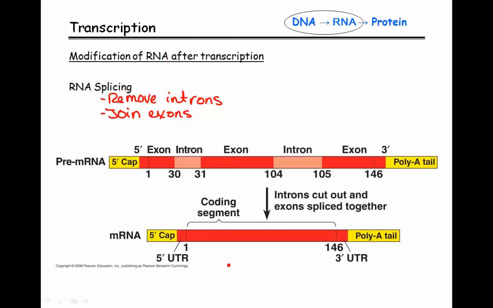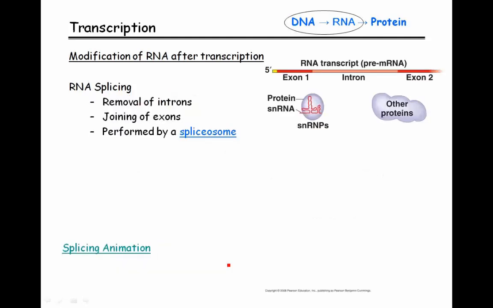If we look at how this is going to take place, this is performed by a big complex called a spliceosome. The spliceosome is important for recognizing where the exon ends and where the intron begins, and then also cutting the intron out and joining those exons together. As far as what makes up the spliceosome, it is these particles called small nuclear ribonucleoproteins,